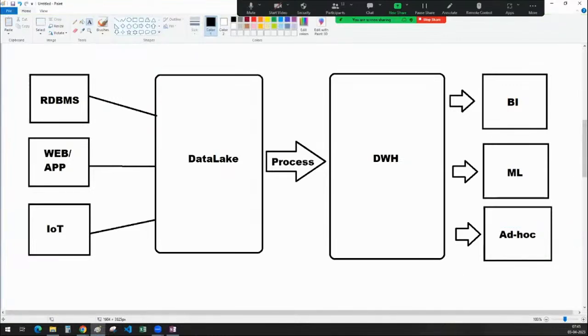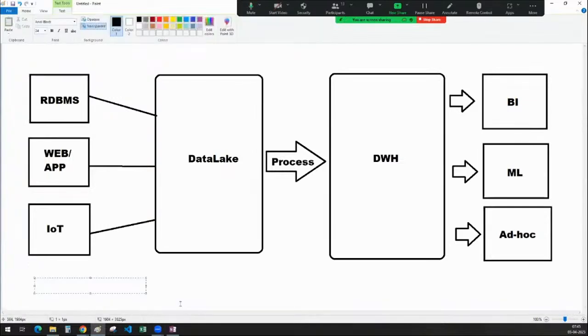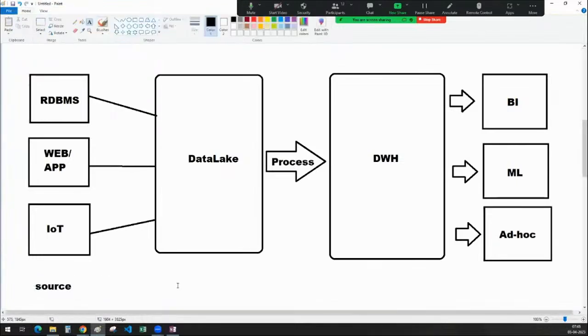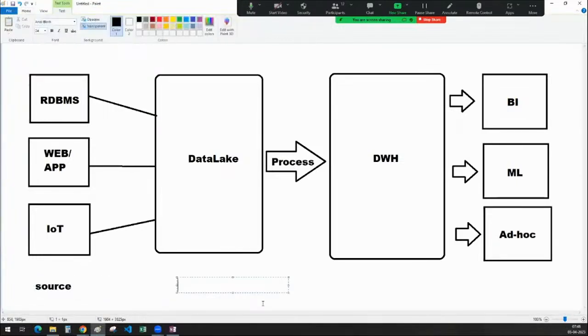Okay, so this is a typical architecture of a data world, guys. In data engineering, at a high level, if you want to understand, this is what we do. We will be working on an ingestion process. Here it is a source, guys. From the source to the staging or a data lake, people call it a storage layer.